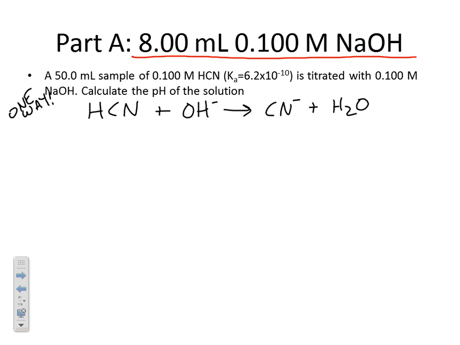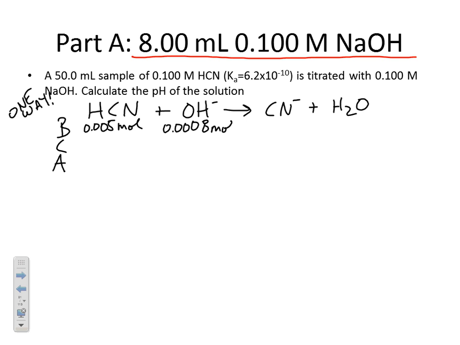And to get started, basically on any titration calculation problem, you want to start with a BCA chart. And we've done these before. We saw these before when we were looking at strong acid, strong base titrations, and it will truly work the exact same way. So I'm going to need to calculate moles of the cyanic acid and moles of the sodium hydroxide at the 8 milliliter mark. So that's what I'm going to plug in here. I'm going to plug in 0.005 moles of the cyanic acid, and at this point there is